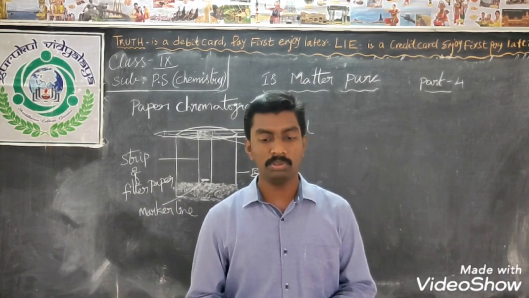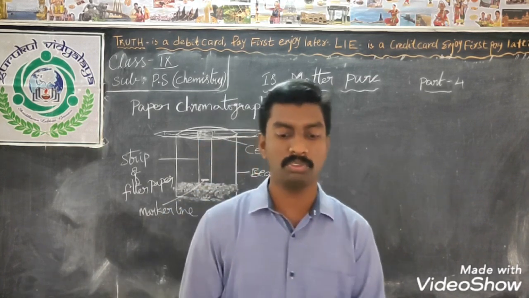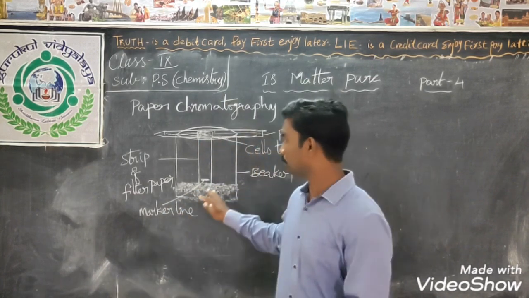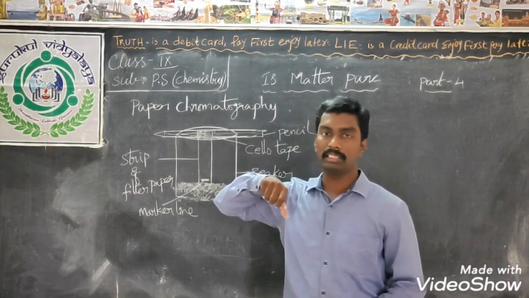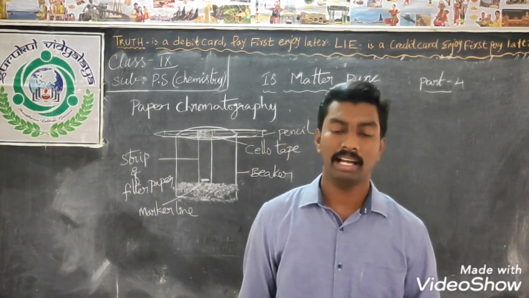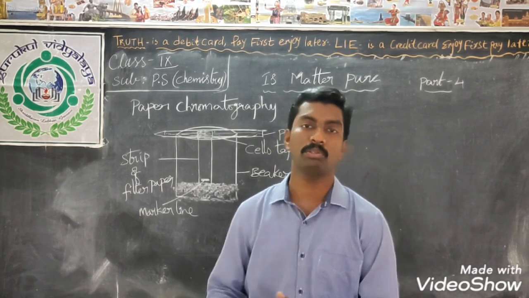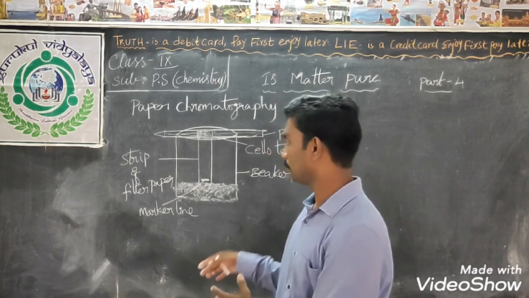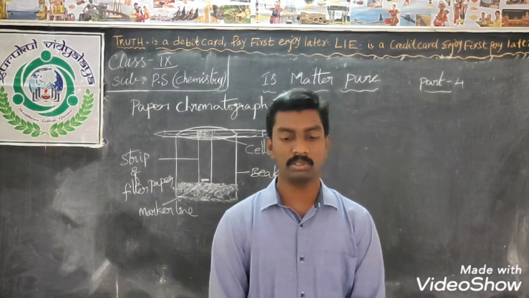Allow the water to move up the paper for 5 minutes and then remove the strip from the water. Leave it for 5 minutes and remove the pencil outside, then the paper strip will also come outside. Let it dry, and we have to observe what colors have separated on the strip. Different colors will be observed. That is the process of paper chromatography.